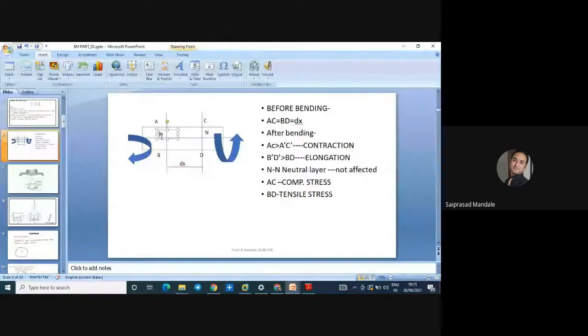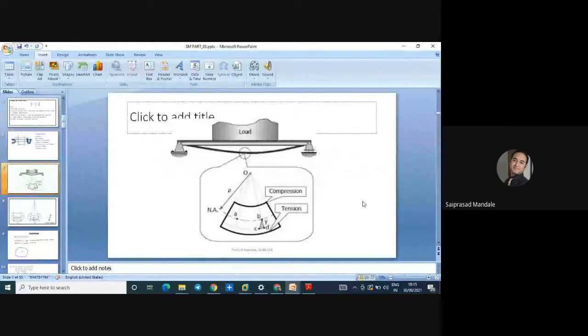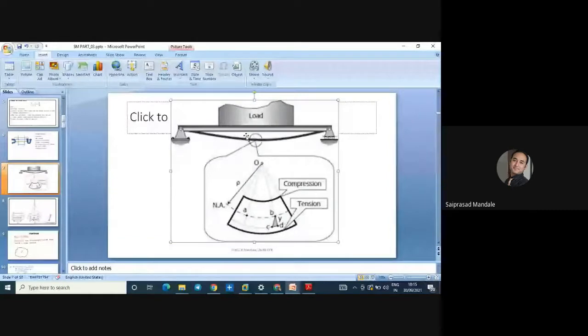Okay, bending. How will the beam bend? This is the bending moment. This is a simply supported beam. Due to the central load, it will bend, and because of bending, the upper layer is subjected to compression and the lower layer is subjected to tension. So there is one term y. So try to understand what y is. If this is the point O, the distance between O and the top layer,